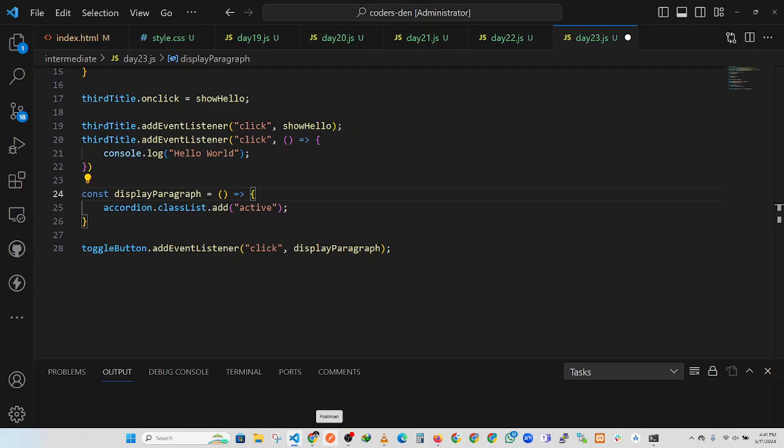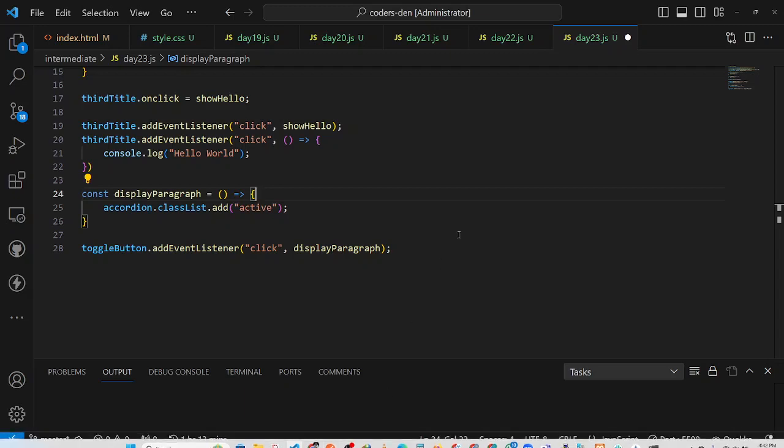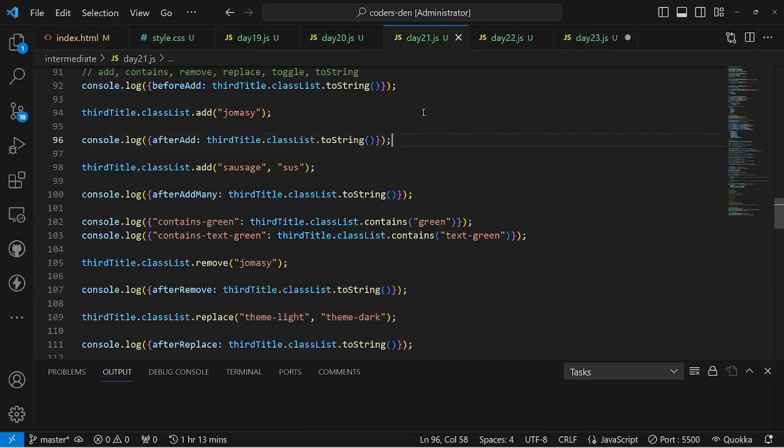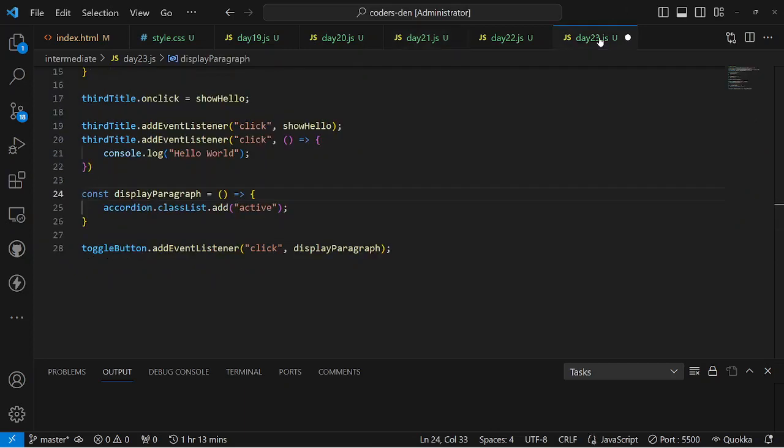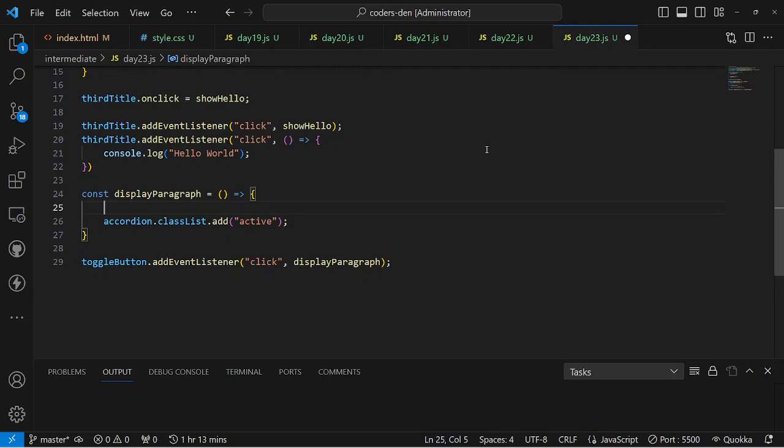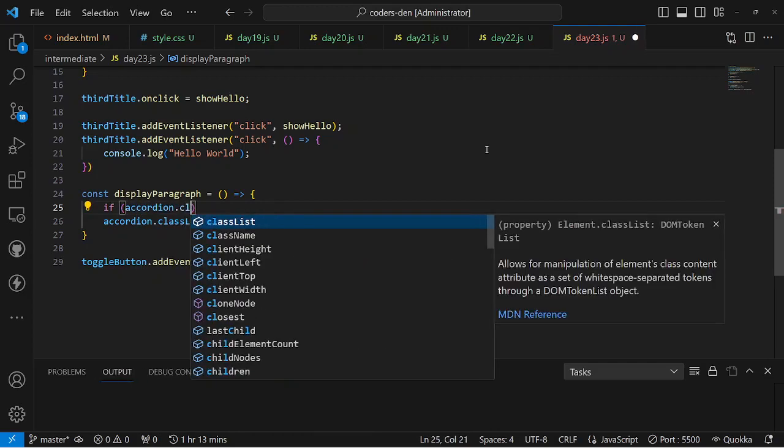All right. So condition. How do we check if active exists in the class list? Okay, can you show me that code again where you show me where the contains is? Let me do it. See it here. So you can see contains returns boolean. So simply let's say accordion dot classList dot contains. So I should just write accordion dot classList. So if accordion dot classList dot